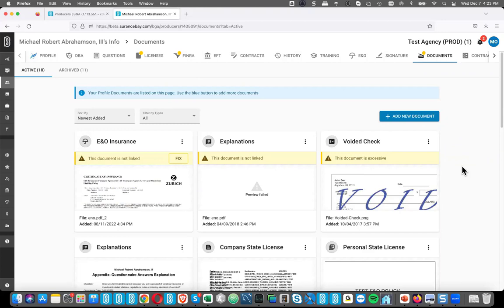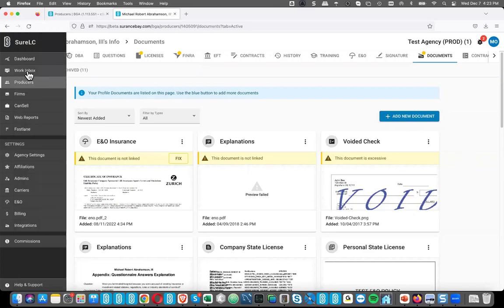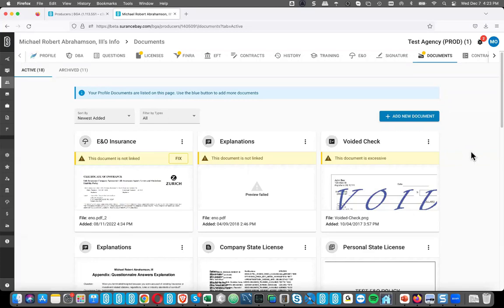The only impact of not being able to automatically save the documents is when you're in a contracting request and you click the process button, regardless of who you chose as a recipient, SureLC automatically would save copies of those documents to your local hard drive, or again, to that network drive that you might have configured in your agency settings.